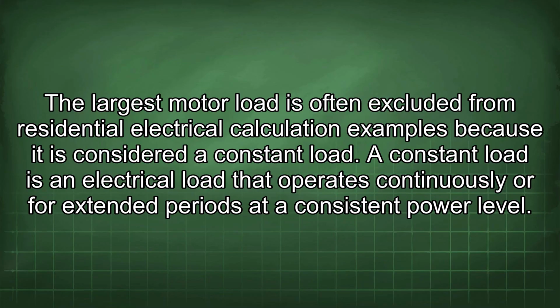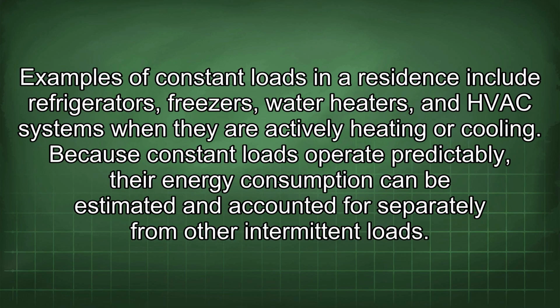The largest motor load is often excluded from residential electrical calculation examples because it is considered a constant load. A constant load is an electrical load that operates continuously or for extended periods at a consistent power level. Examples of constant loads in a residence include refrigerators, freezers, water heaters, and HVAC systems when they are actively heating or cooling. Because constant loads operate predictably, their energy consumption can be estimated and accounted for separately from other intermittent